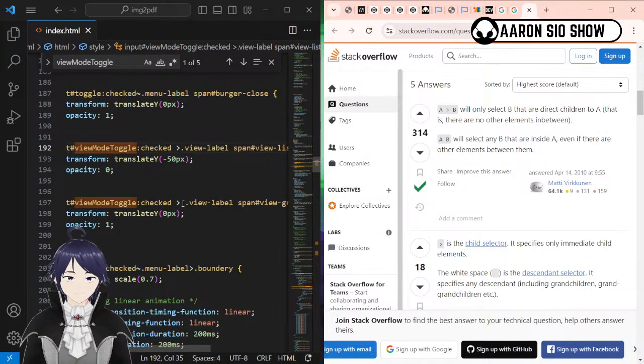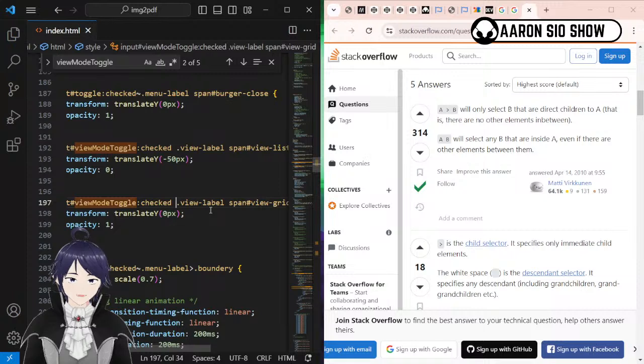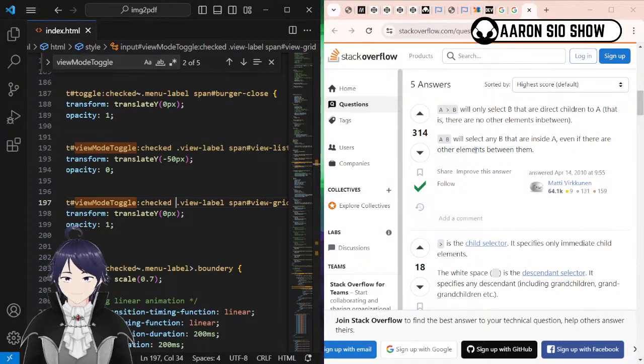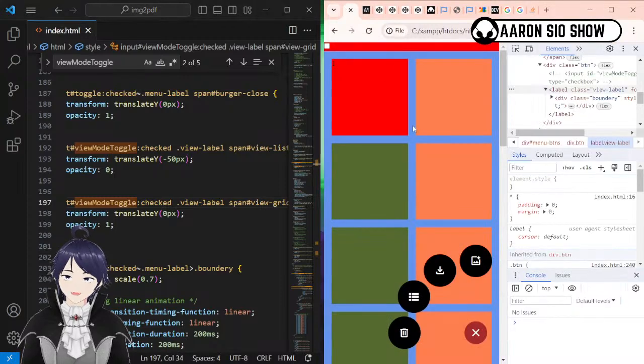So the original plan was actually correct. But A, B will select any B that are inside A. Okay. So I simply have to find a